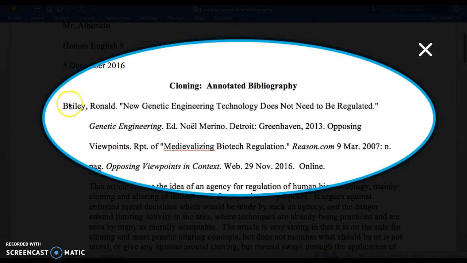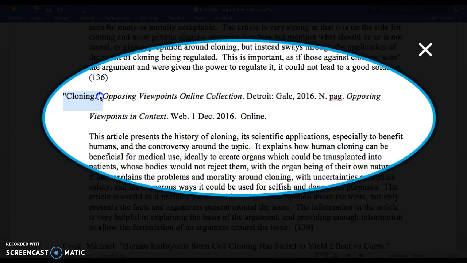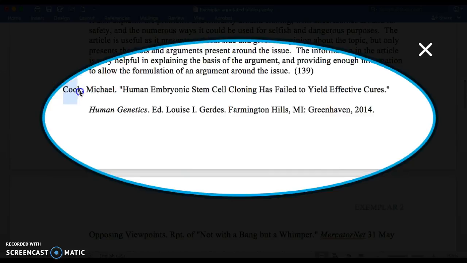Also notice that he puts this in alphabetical order, because B, Bailey, comes before C, cloning, which also comes before